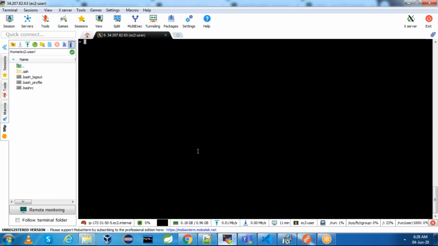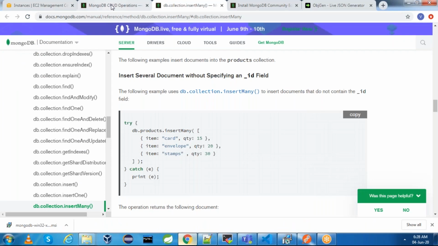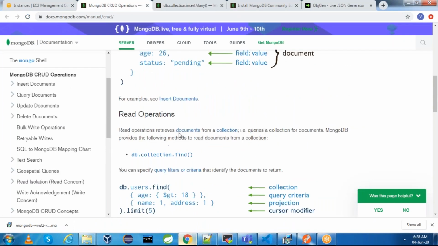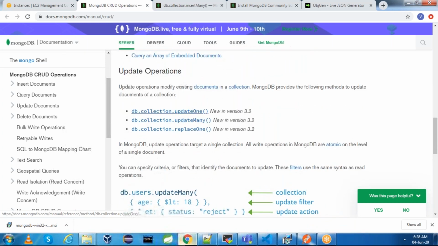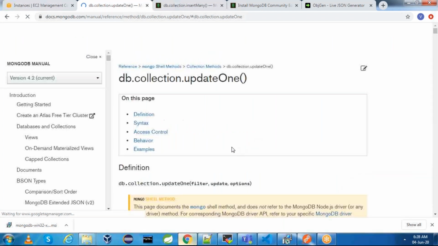Now, if you want to update anything, I think we have seen insert and this. We have seen how to select also. If you want to update anything, you can use the update one method.